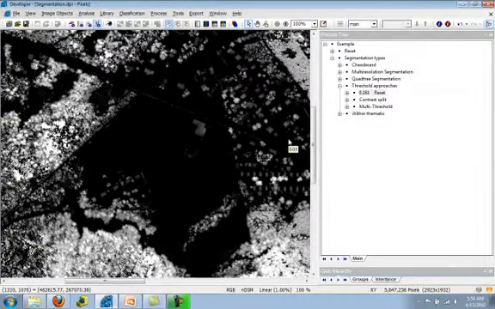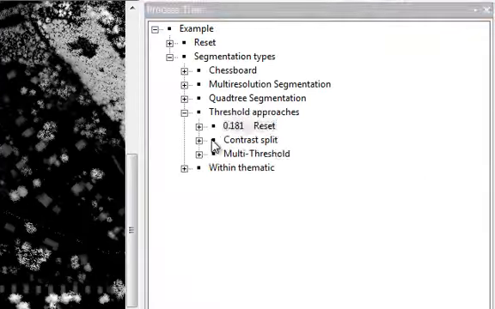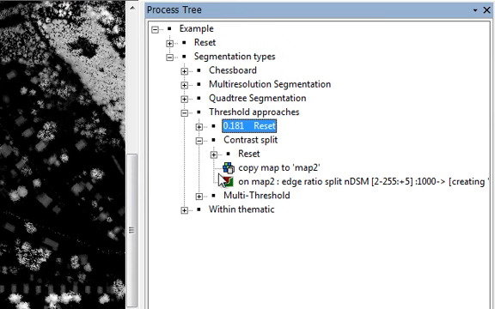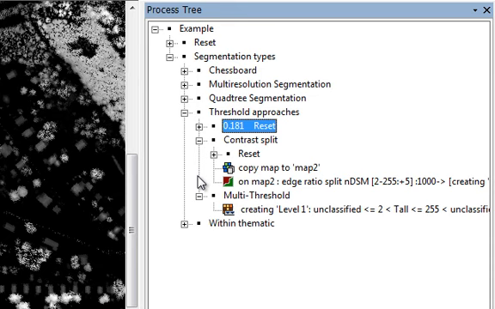So it's often nice as part of my workflow to do an initial segmentation where I just, for example, segment out all those tall features and then work with them separately, and in subsequent approaches do additional segmentations and so forth to separate out perhaps the trees and the buildings. So we reset here. The first one that I'm going to introduce you to is the contrast split algorithm. And in order to do a comparison to another algorithm known as the multi-threshold segmentation algorithm, I'm going to use